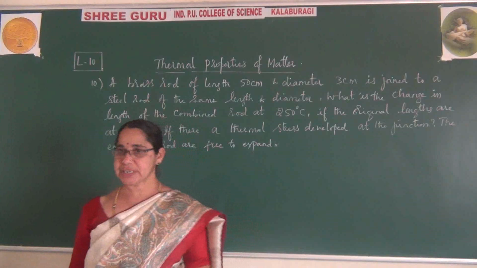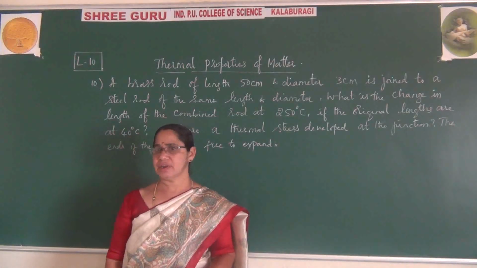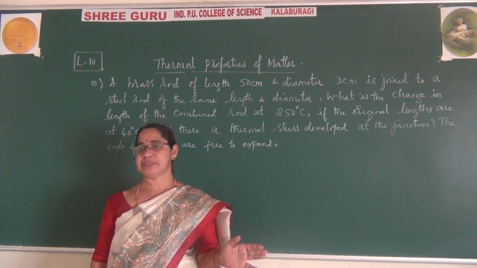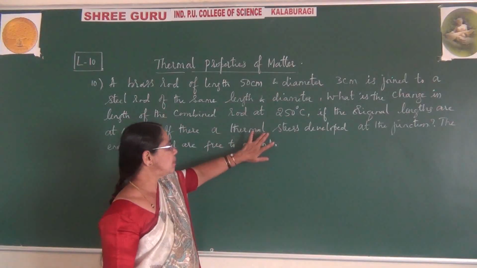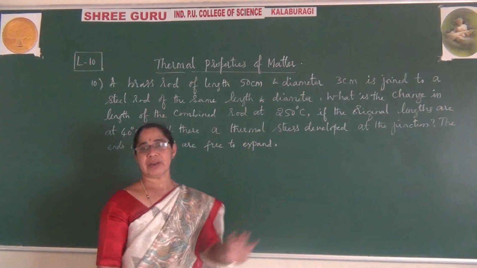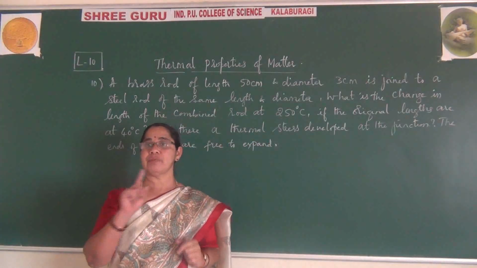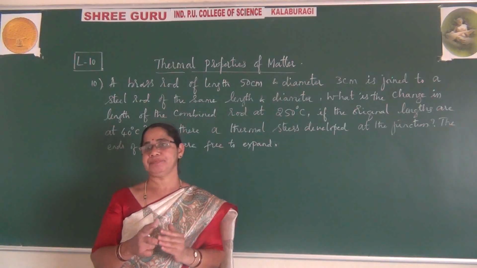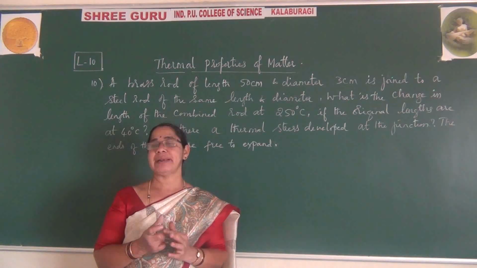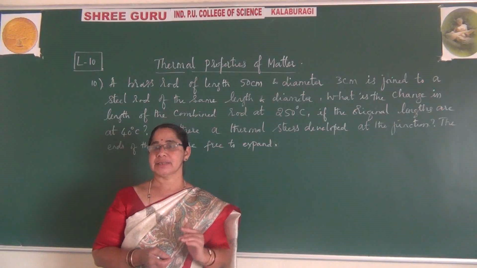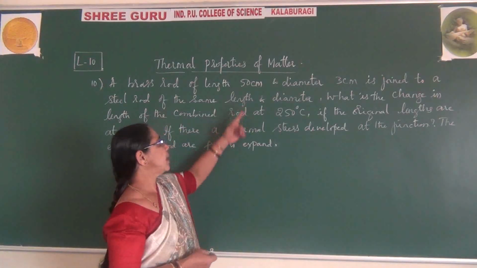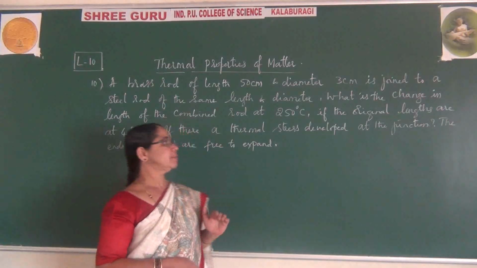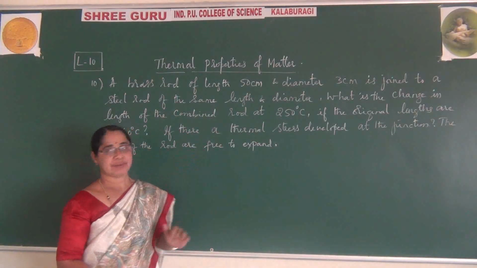Hope you understood this question now. It is not a difficult problem. It is as good as similar previous problems, but here they have given one extra step, that concept you have to calculate. Earlier only one rod was given, but in this problem they have given two rods and joined them. Nothing but they have combined the rod. So this is a special type of problem. Now this is an NCERT problem. So please observe what is to be calculated first.